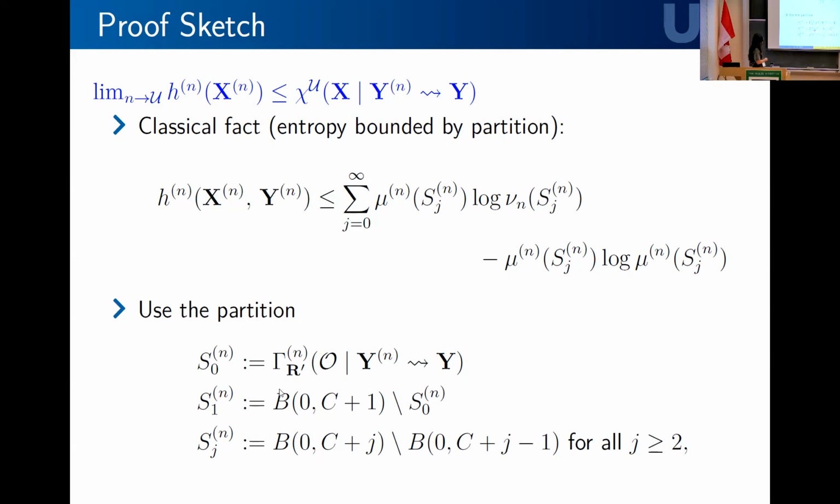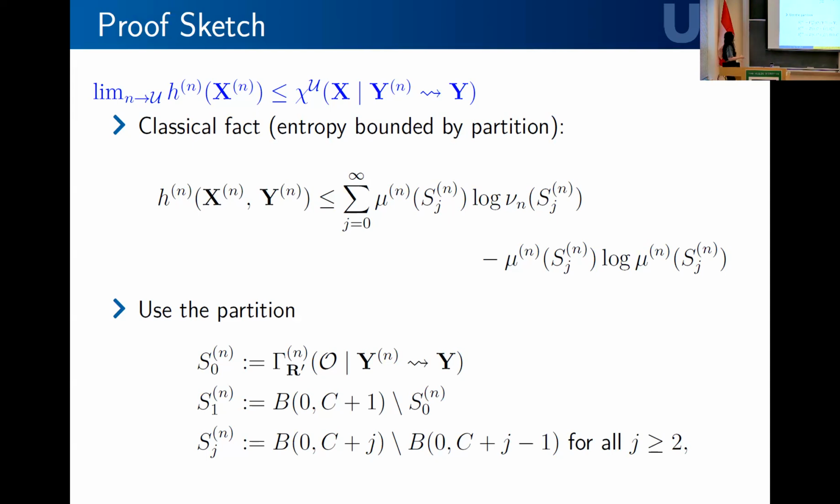Can do the same thing for this set using the fact that the laws of the xn, yn's converge in probability to the laws of xy. And here you can basically approximate this arbitrarily well up to a plus epsilon using these sets once n gets large enough, again by convergence in probability. So in broad sketches, that's how the proof goes.